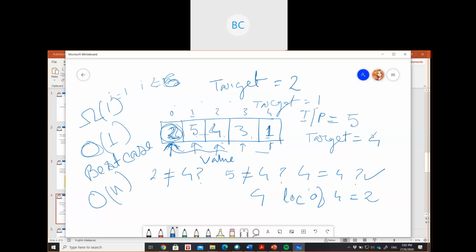Here also we are comparing the number of elements, so it depends on n only. So the worst case is n. Is it clear to you guys? Because in linear search we compare items one at a time, comparing every time with one of the elements. So the worst case is n. For the best case, it will take just one step because the element is right in the front. Is it clear to you guys?